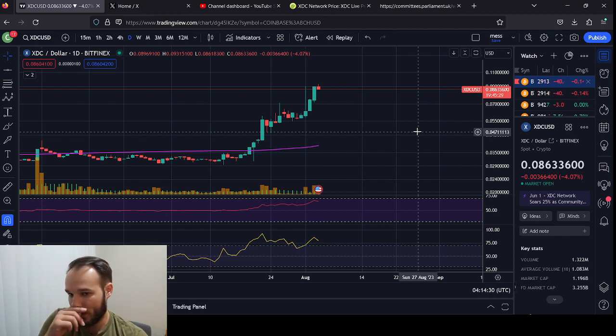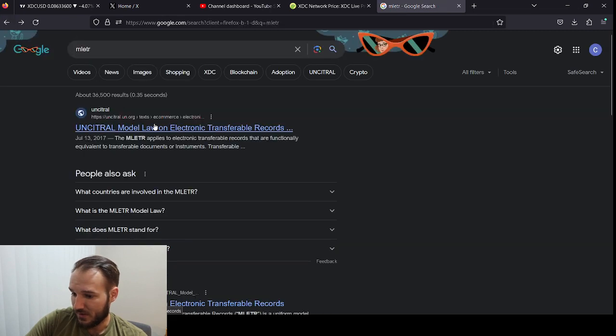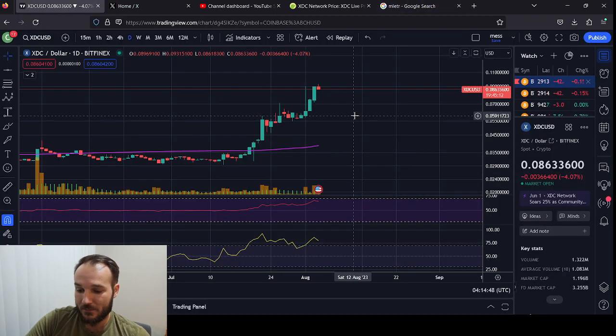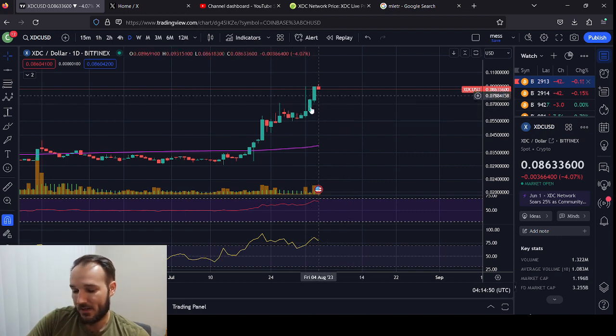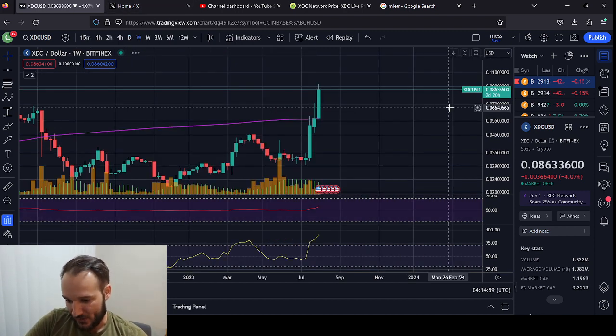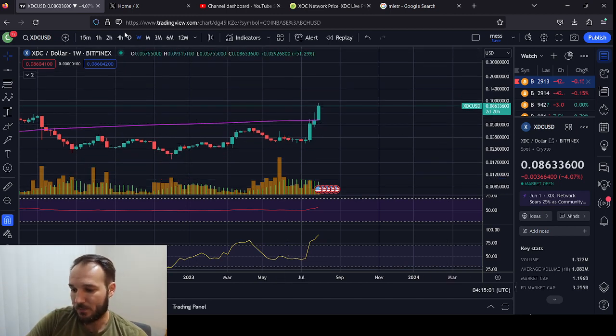One of you, I forget who it was, but I didn't even know about the MLETR. The model law on electronic transferable records. I didn't know anything about that. I didn't know that's why this pump happened, but someone mentioned, why would anybody sell here? And the thing is, in the chart world, there's a good old saying that says, you buy the hype, you sell the news. So right now, the fact that this story came out, it's very bullish, but